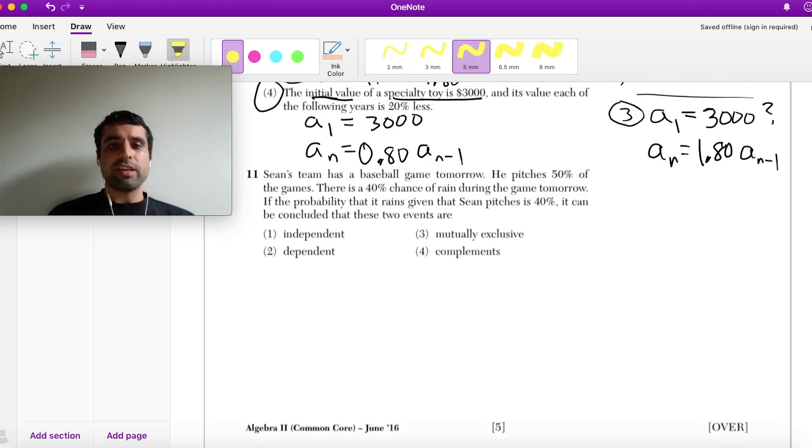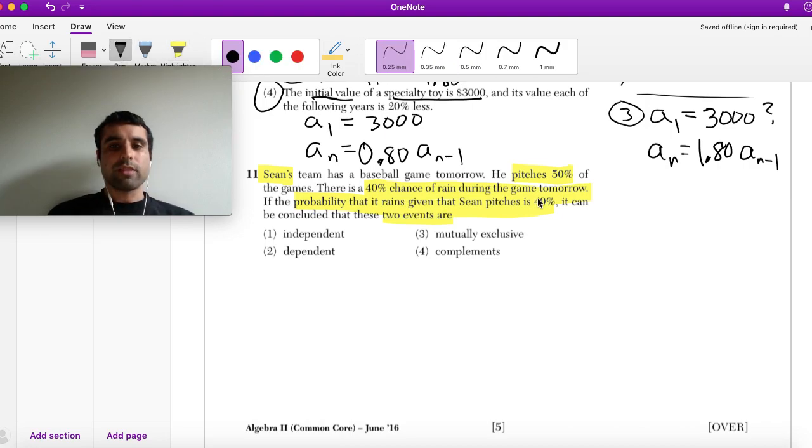Sean's team has a baseball game tomorrow. He pitches 50% of the time, he being Sean. So Sean pitches 50% of the games. There's a 40% chance of rain during the game tomorrow. And if the probability that it rains, given that Sean pitches, is 40%, what can we say about these two